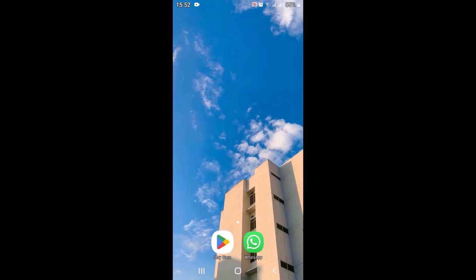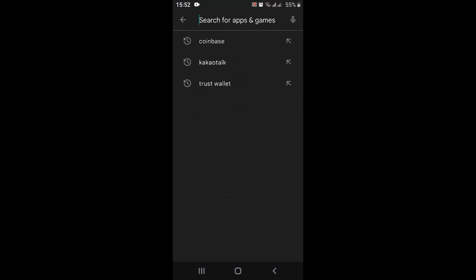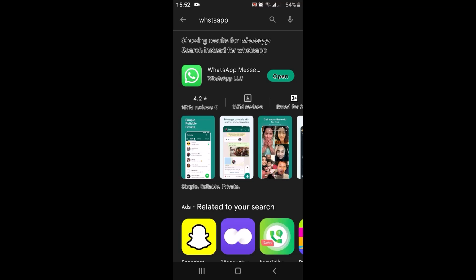on your Play Store application and in the search box type in WhatsApp. After that, you'll have to make sure whether the application is updated or not. You can see that I don't have an update button. It means that the application is up to date. After updating your application as well, if you face a similar problem, then next what you can do is simply go